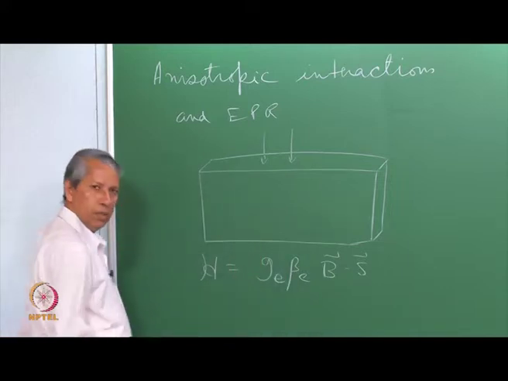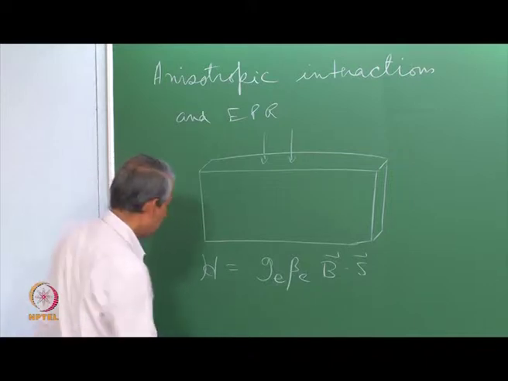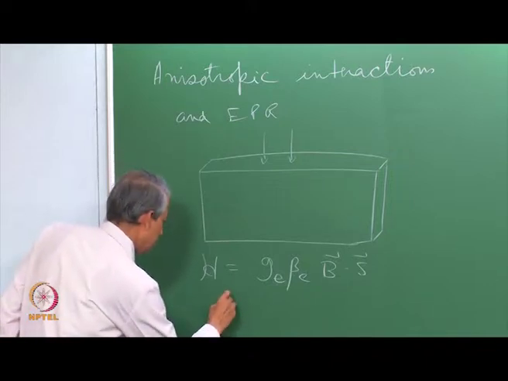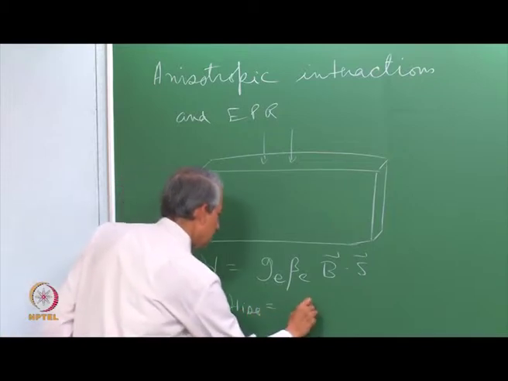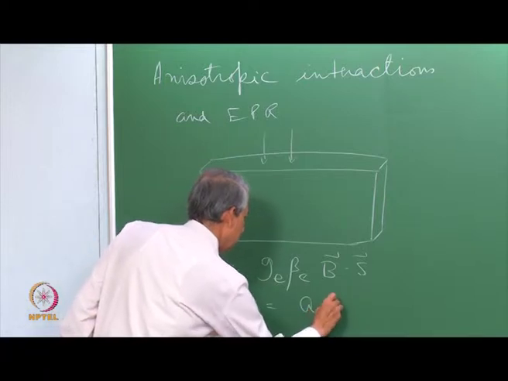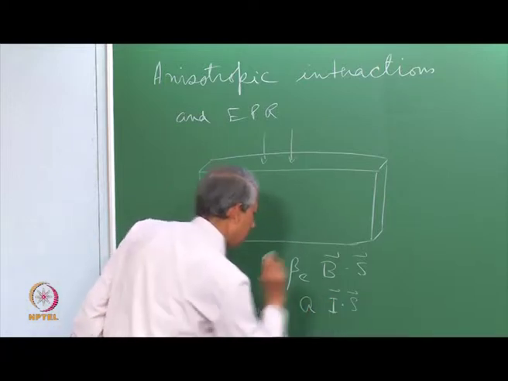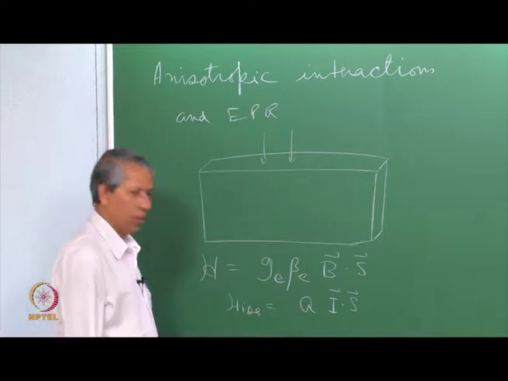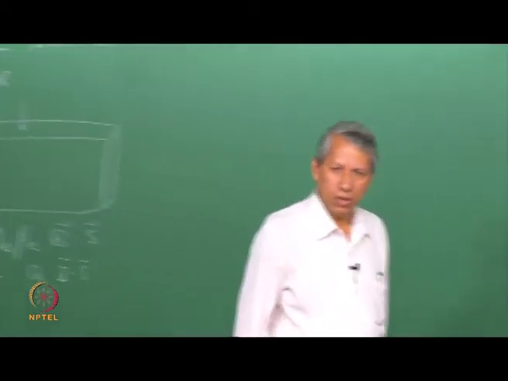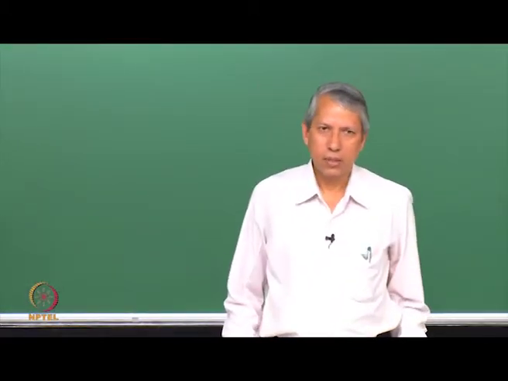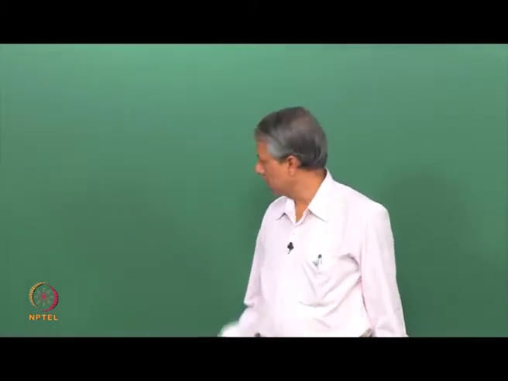We also considered the isotropic hyperfine splitting constant, which is written as A isotropic times I dot S. This is also a pure number, but we did mention that electron-nuclear dipolar interaction is a direction dependent interaction, which we have neglected so far. So, we will see those things here, and then how far this can be applicable or needs to be modified.